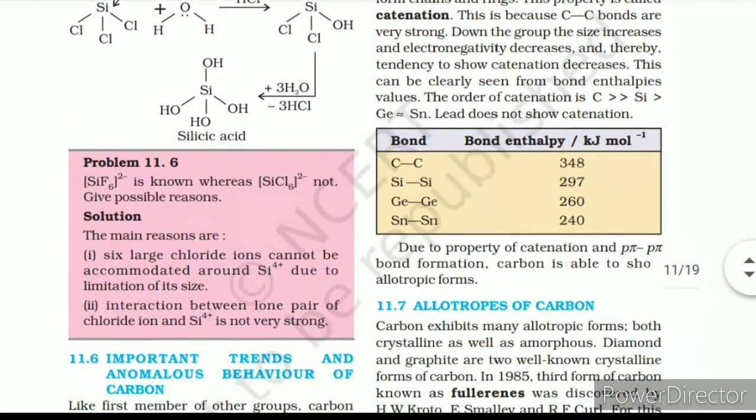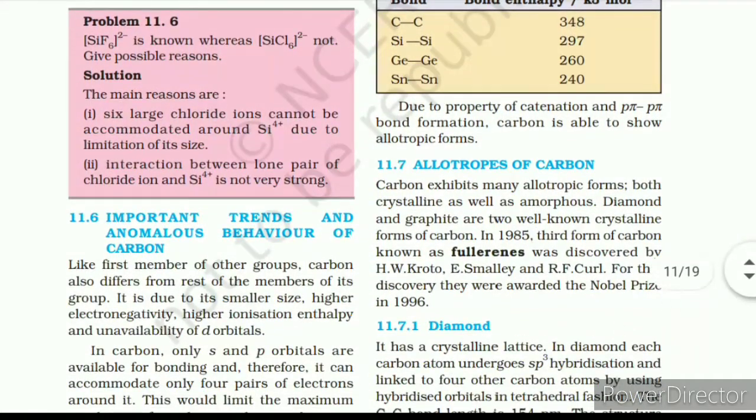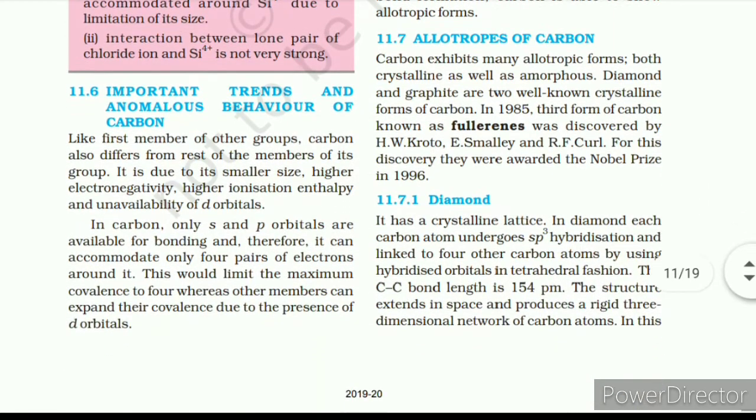11.6. Important trends and anomalous behaviors of carbon. Like the first member of other groups, carbon also differs from the rest of the members of its group. It is due to its smaller size, high electronegativity, high ionization enthalpy and unavailability of d orbitals. In carbon, only s and p orbitals are available for bonding, and therefore it can accommodate only 4 pairs of electrons around it. This would limit the maximum covalence to 4, whereas other members can expand their covalence due to